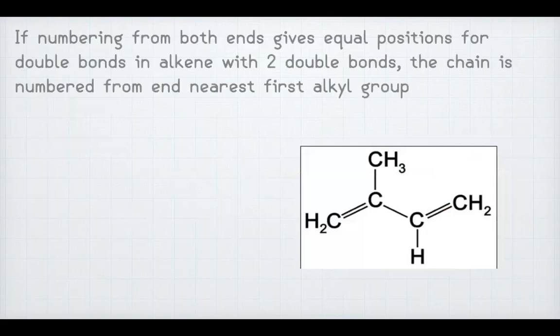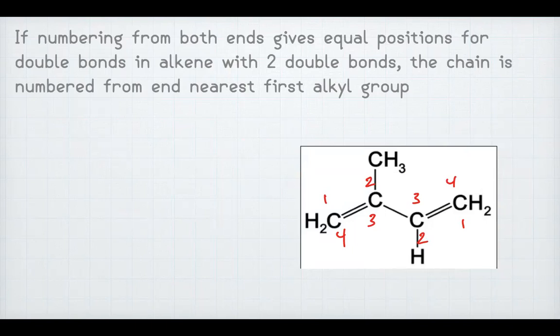Okay, if numbering from either end gives equal positions for the double bonds, then you go to the second priority, which is the alkyl group. So in this case, if I label from left to right, 1, 2, 3, 4, left to right, my double bonds are 1, 3. Right to left, my double bonds are 1, 3. So if it doesn't matter